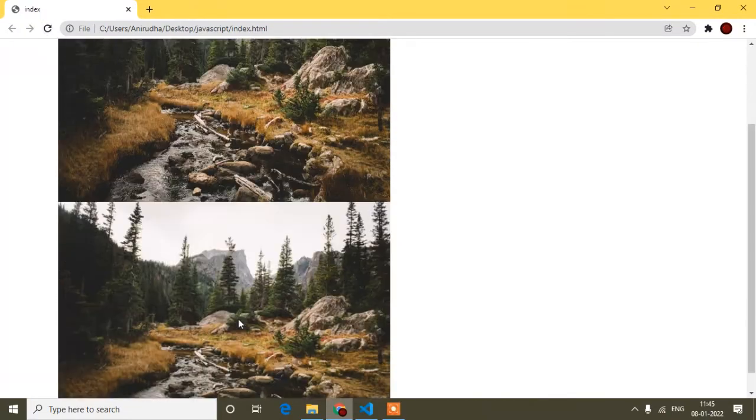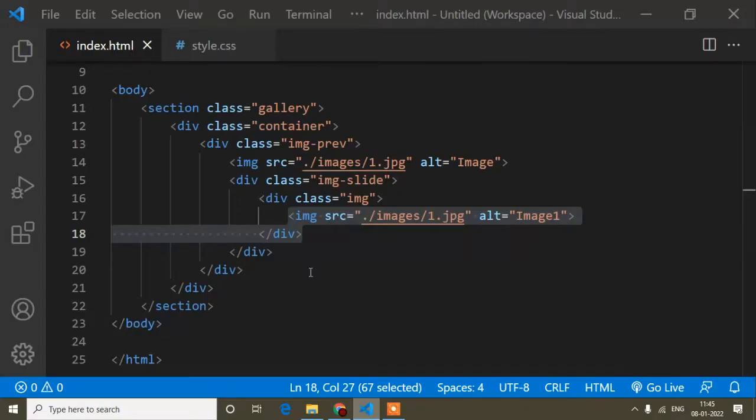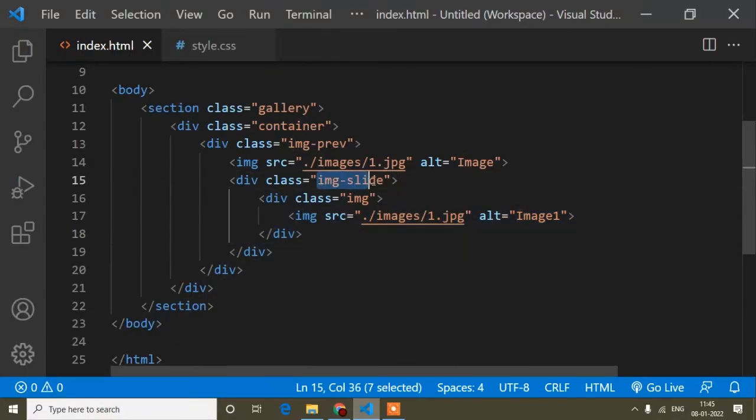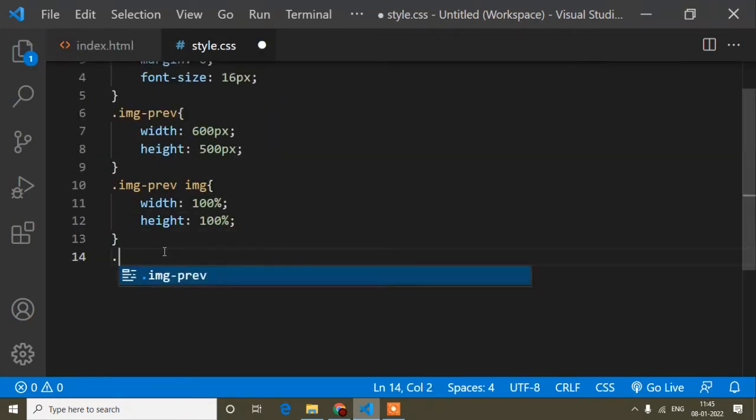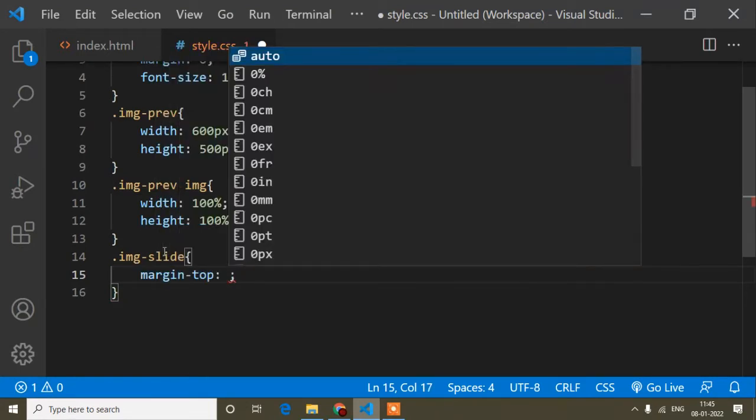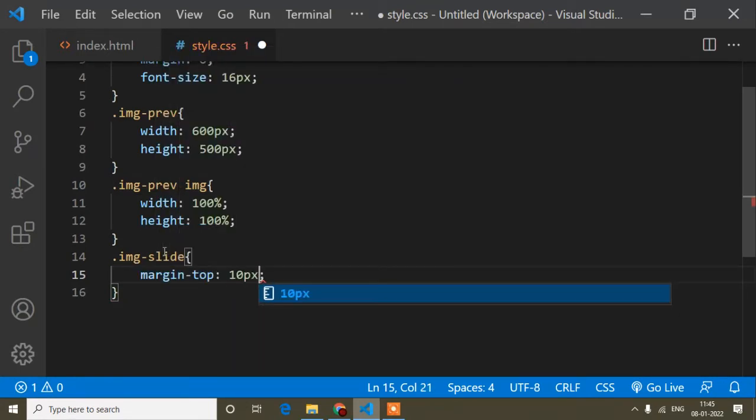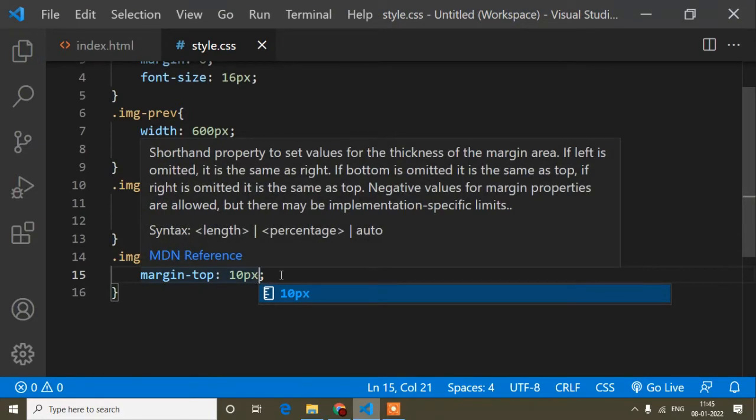Now I have to add some CSS. I will copy this one and here I will write margin-top of 10 pixel. If you think 10 pixel is too much, as per your design choice you can write anything.